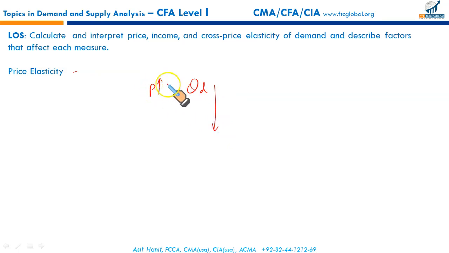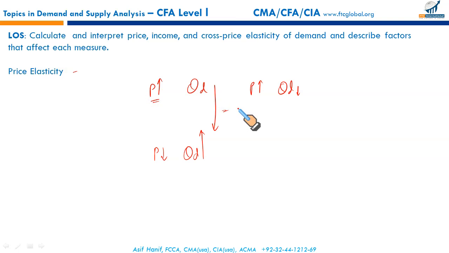If the price goes up, we know the law of demand from our basic studies. If the price increases, the quantity demanded will fall, and vice versa. If price decreases, the quantity demanded increases. But not all items will see the decrease or increase in price by the same proportion. For some items, the increase in price would see a very little decrease in demand. But for other items, the slightest change in price could cause a large decrease in quantity demanded.